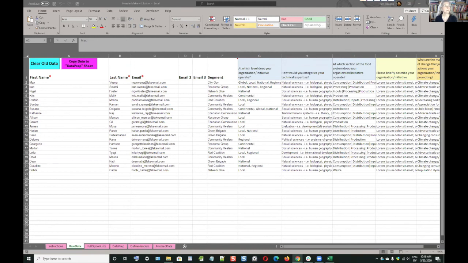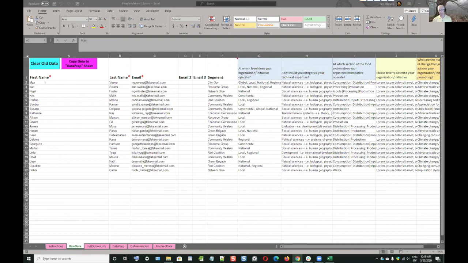Okay, so Tim, let's have you quickly walk through putting the raw data into the raw data sheet. Well, there's some pre-existing data in there just to allow you to play with it. But when you want to actually put in your own data, you can just hit the clear old data and it will clear everything. And then you go to your data and you have to load it in the format